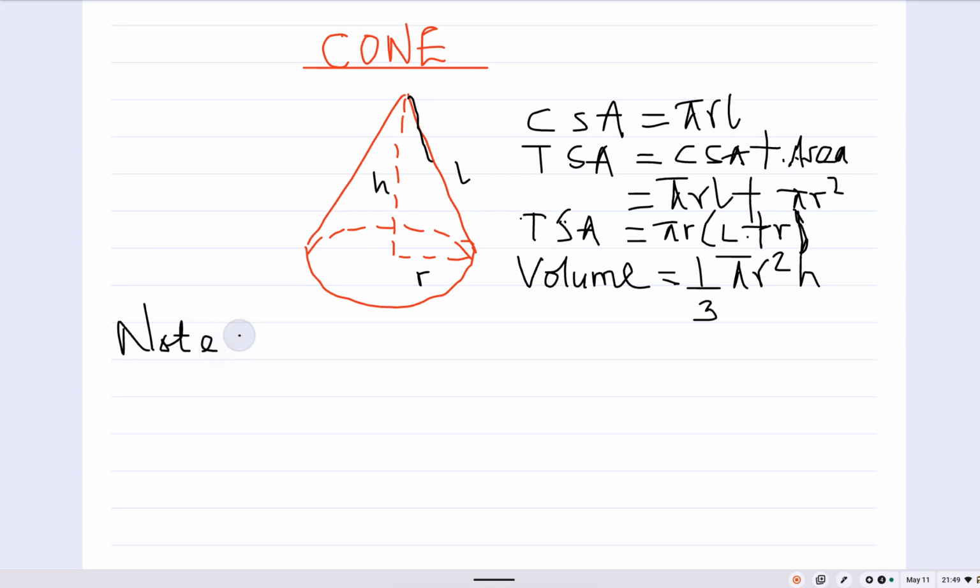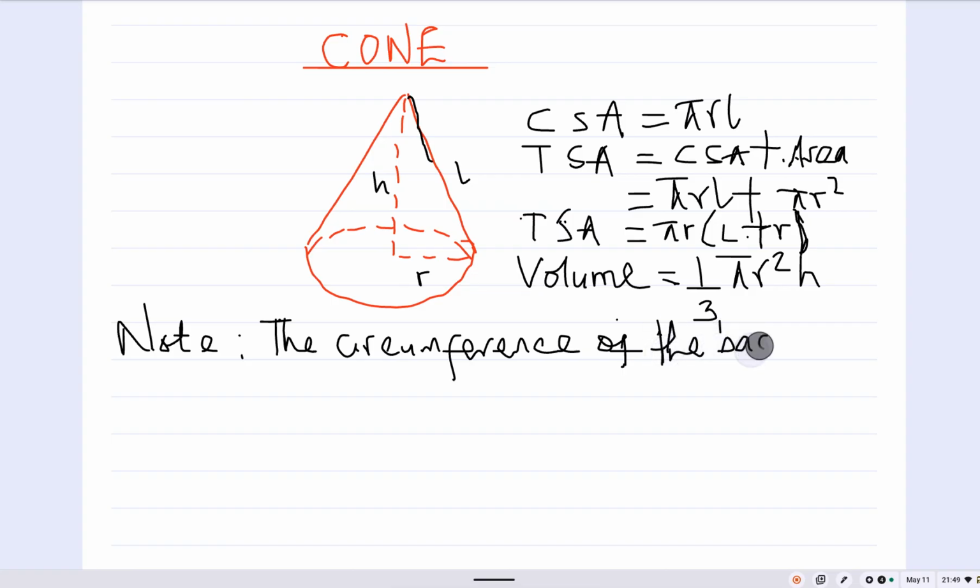You must note that the circumference of the base of a cone